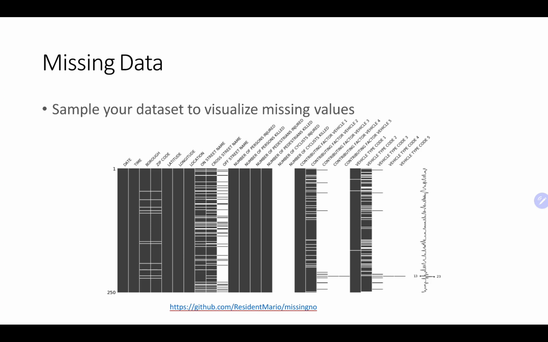Missing data is important to deal with. You cannot use missing data in many models, so you have to either clean them, impute them, or get rid of them. By visualizing it, it can help you in your decision making. If you have variables where almost everything is missing, you can maybe drop them, because they basically don't provide any value. If you have some variables where there's some missing values, you can try to impute them